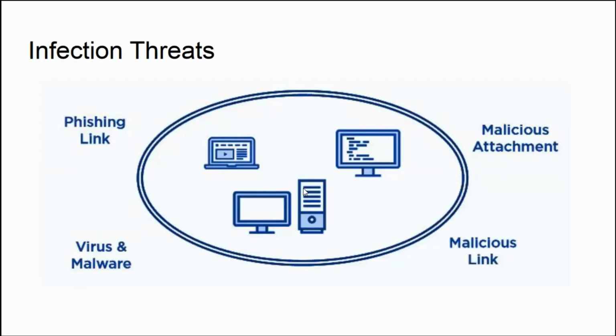Now we are going to discuss infection threats. Firstly, phishing emails, by far one of the most common infection vectors, where the user clicks on malicious links in the email body and therefore downloads software that has ransomware included, and that's how the infection occurs. Another very common infection vector is attachments received in mail. Users open the infected attachments, and ransomware attacks occur. You are now suffering a ransomware attack.